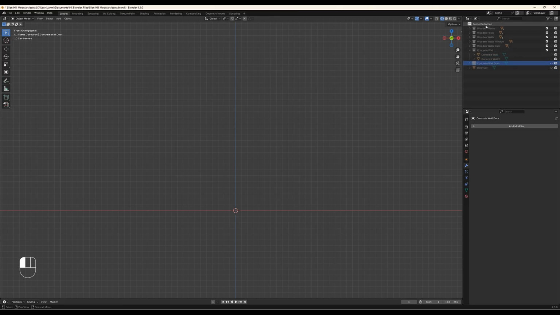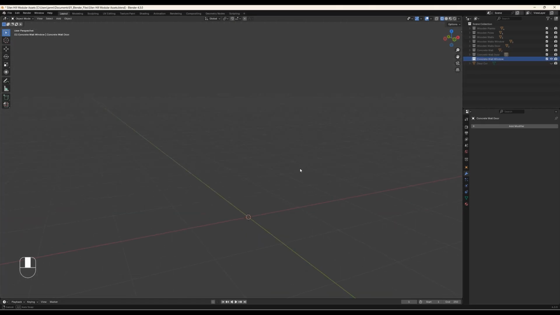Now we get a new collection, and we call this one concrete wall door, and we get the concrete wall door inside. And now we get the same thing, but for window, 2 types. So scene collection, new collection, concrete wall window. So inside there we get,